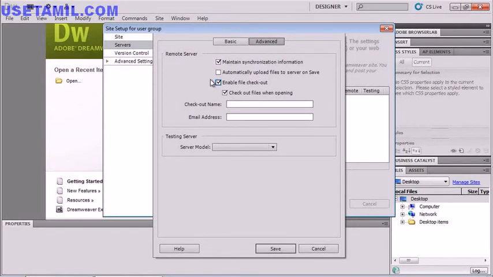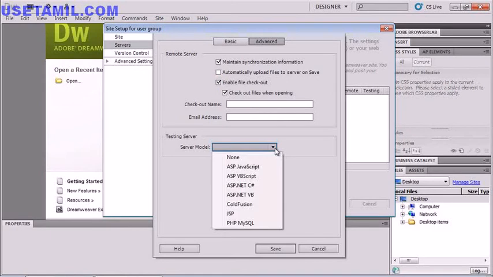If I have a local folder, let's say we're all in the same location and I'm using checked in and checked out, I can actually override. It doesn't lock me out of the file. I can open it up, but I at least know that somebody is working on the file at that particular time and I won't make any changes. I can set up my testing server from here. So for instance, I can set up a model for ASP, .NET, Cold Fusion, PHP, JSP, etc. What this will do